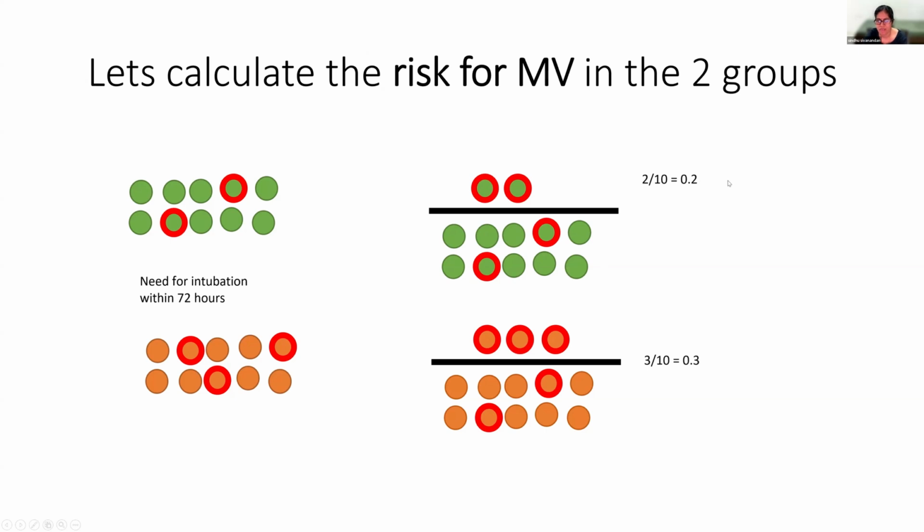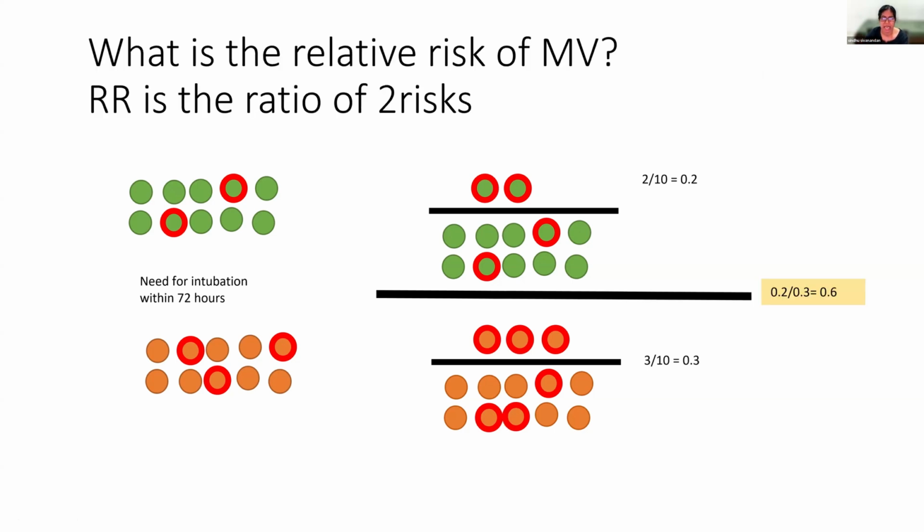The risk for failure is 20%. 2 out of 10 will fail. In the Ram's group, 3 failed out of a total of 10. So 3 out of 10, the failure percentage is 30%. Now when I tell you 20% risk of failure, 30% risk of failure, you will be able to get a mental picture and understand it better. Now, relative risk